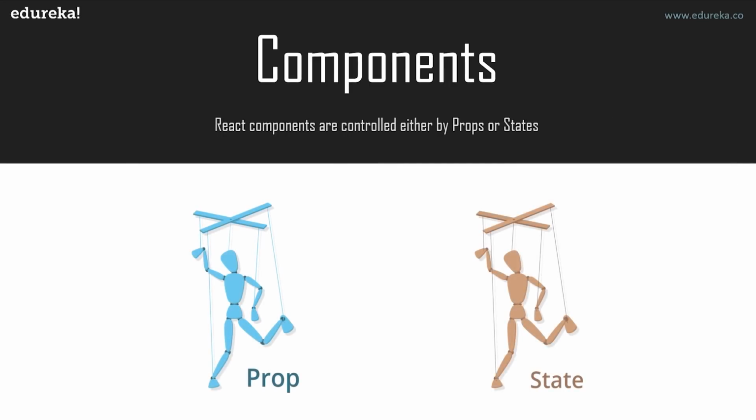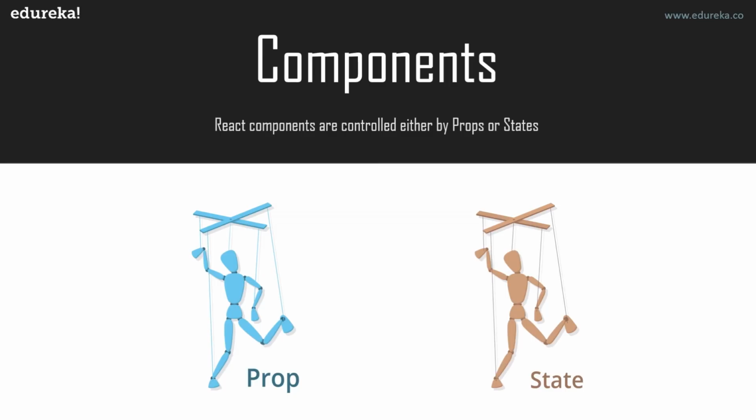Now, if I talk about props and state, React components are basically controlled either by props or by state. We will talk about them now. But before that, a summary of components: everything in React is a component. Each component returns a DOM object. As I mentioned, a component splits your UI into independent reusable pieces, and then each independent piece is processed separately. A component can be divided into a root component and child components, and then we can further split into smaller components.